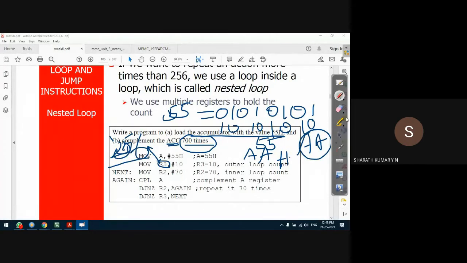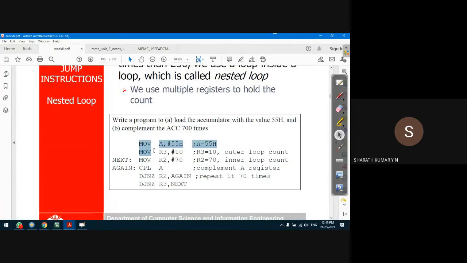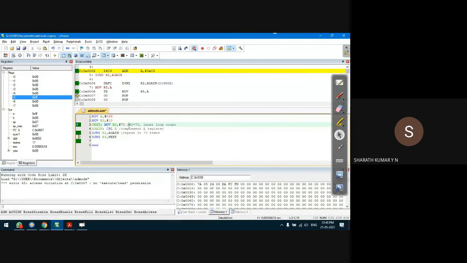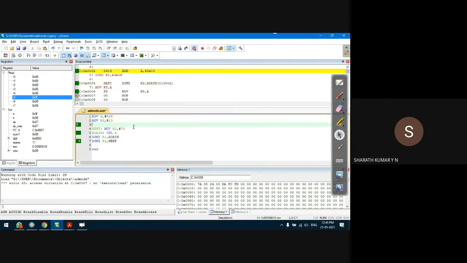So we need to go for nested loops. How does a nested loop work? Let us understand. I'll take the same program. This comment thing is somewhat distracting, so I'll remove the comments. In programming you should always use comments, and using comments is a good practice, but for discussion purposes, somehow I'm not comfortable, because it takes up some space.